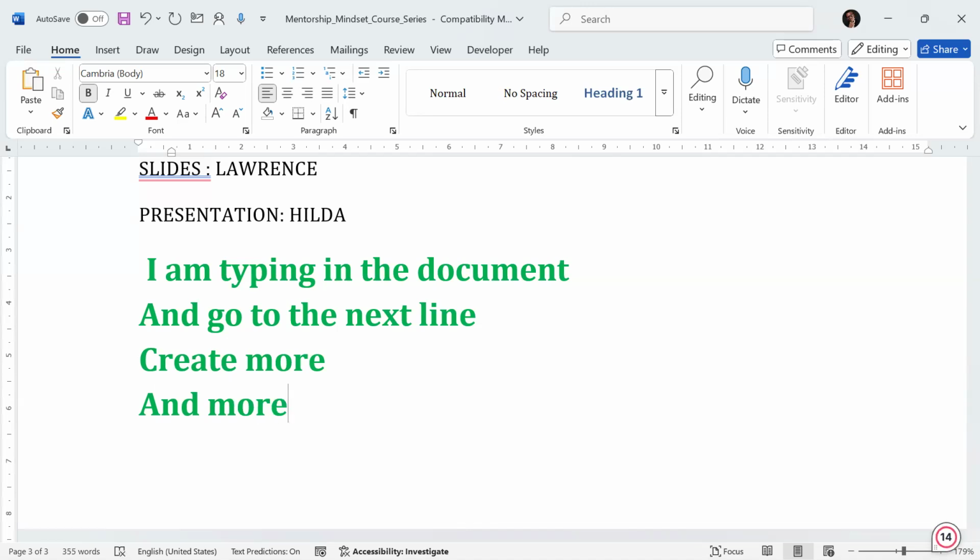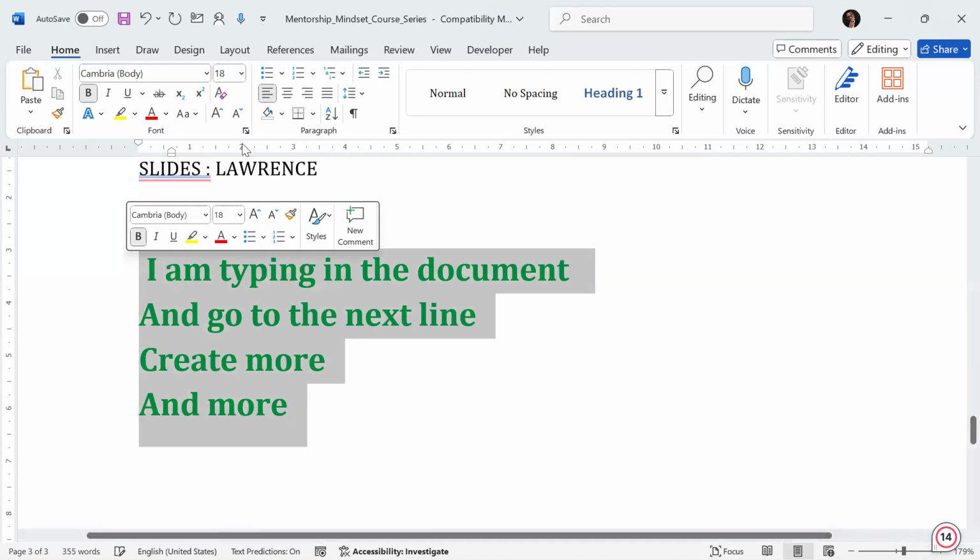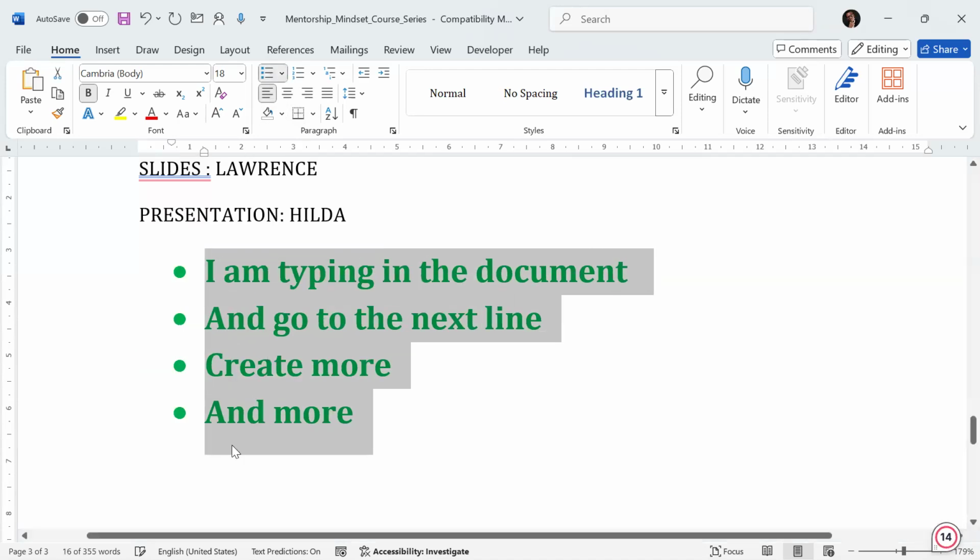So you see these four things, four of them are in their own paragraphs separately. Everything here that is a paragraph will, if I select these four and click on these bullet points, add bullet points to all the paragraphs. That's what I mean by paragraph. Each of these is on its own paragraph, even though it seems they are the same,